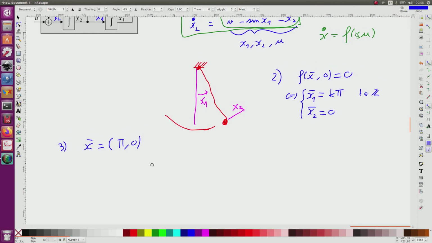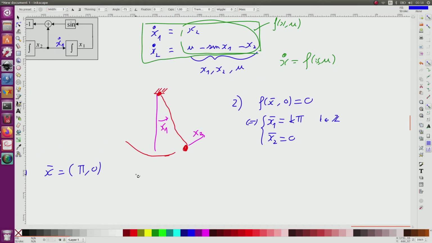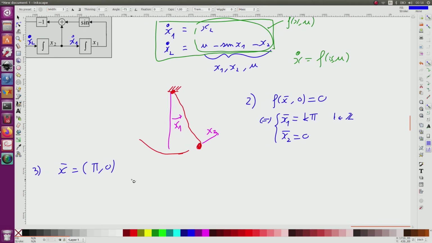So for this, I take this function f of x and u, and I get that x dot 1, x dot 2 is approximately equal to, so I take the Taylor expansion of order 1, so it will correspond to f of x bar u bar plus